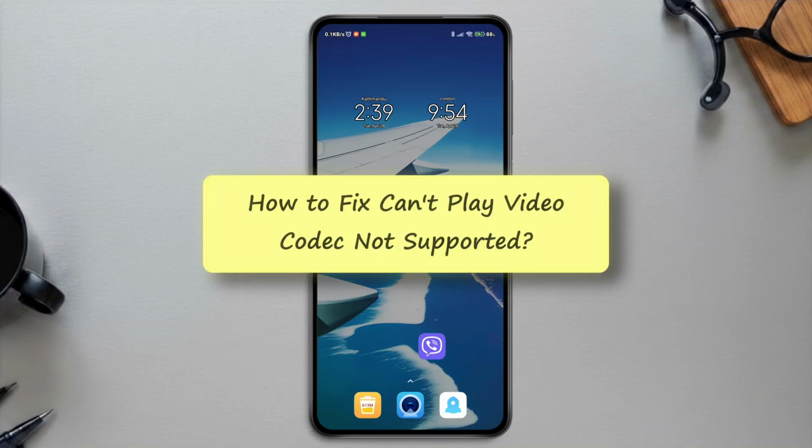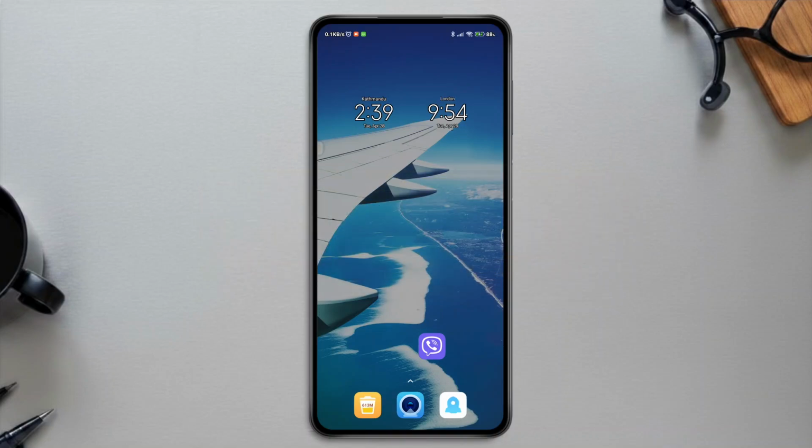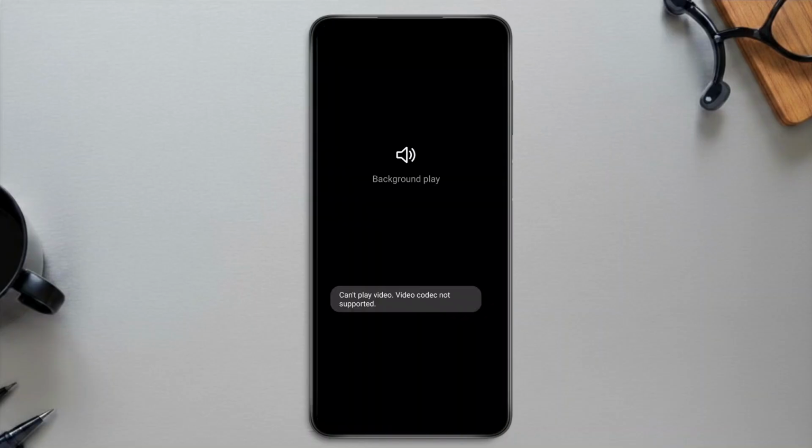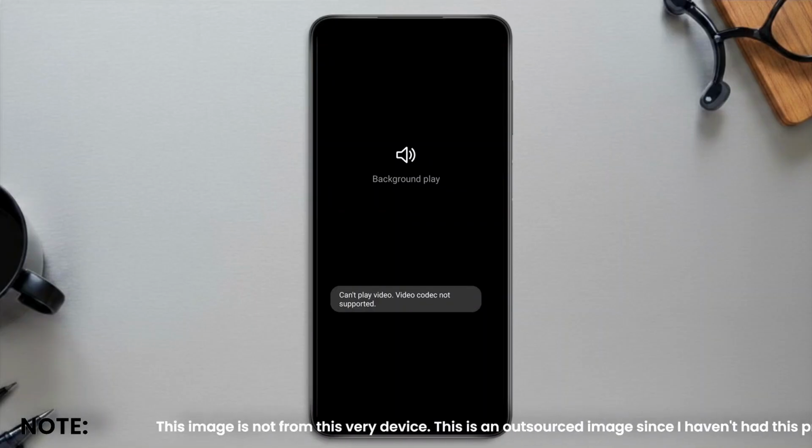How to fix can't play video codec not supported problem. Hey everyone, in this quick tutorial, I'll show you how to fix unsupported video codec errors and play videos easily,